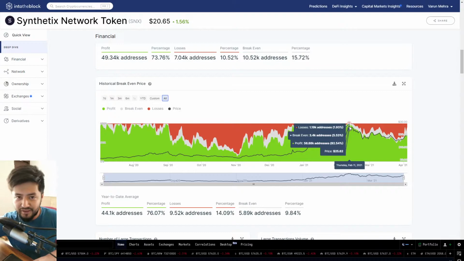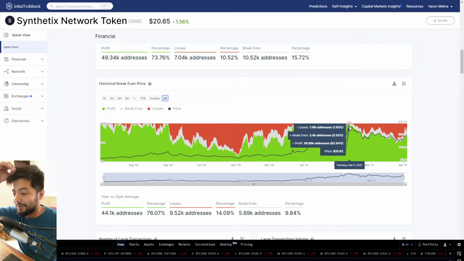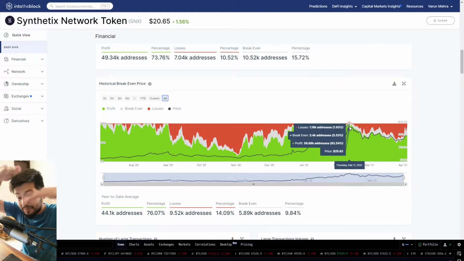Something like that happened to me on the Theta video which I made. People got offended when I talked about the fact that it was time to take some profits out of the market. Look at Theta right now. Theta is simply consolidating. Sure, we can talk about $100 price targets for Theta, but look, it is very difficult for an asset which is already above a couple of $1 billion in market cap. You can't really think about 100x moves. That would take Theta to $1 trillion market cap, competing with Bitcoin. Not happening, man. Not happening.